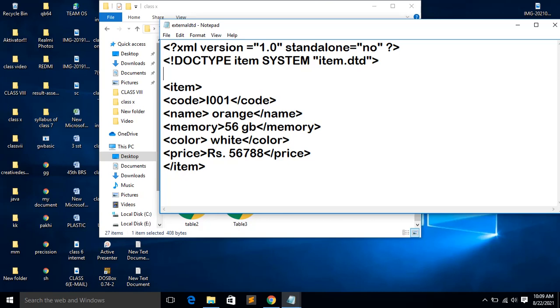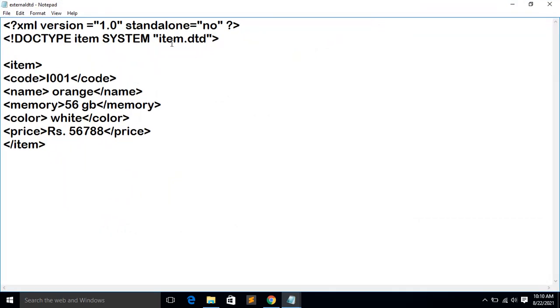You can see on page number 99, 5.10, in the second line after SYSTEM it is written item.dtd. So the same file name you will give, item.dtd. That will be a file in Notepad, and you will save it in the same folder. Remember that you have to save it in the same folder. In the internal DTD you have given yes, here you have to give no. Here you will give no. Now the rest are all the same, and I will show you the internal DTD also, how I made it.